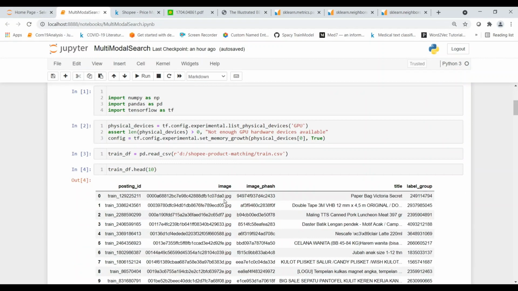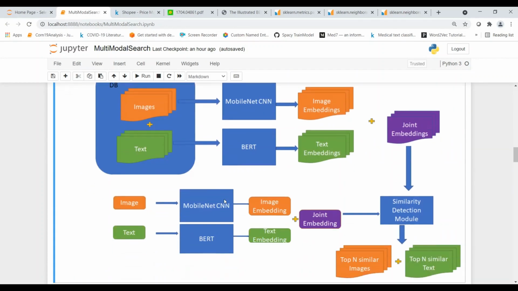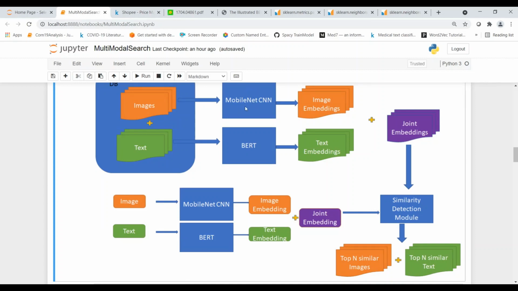As I said, you can improve the accuracy by fine-tuning these architectures for image embedding extraction and text embedding extraction on your particular data. You can also perform some kind of supervised learning, if you have labels, on the joint embeddings to improve their accuracy. Then when you pass a test image plus text description, you can have better accuracy.